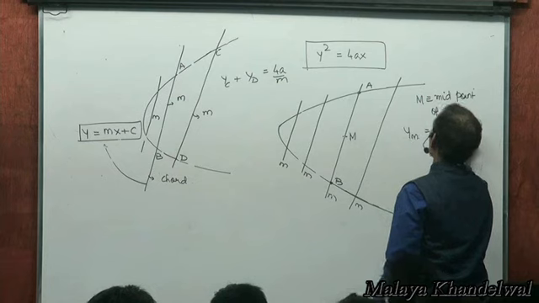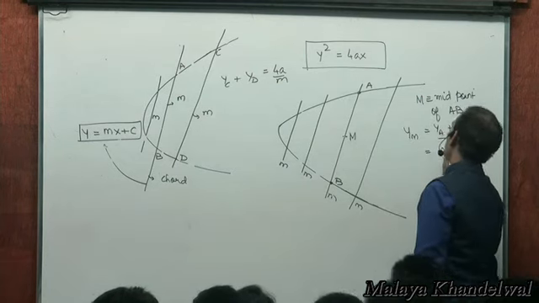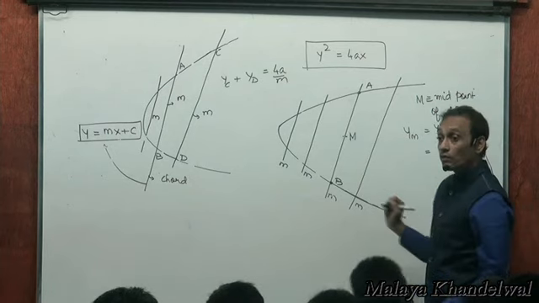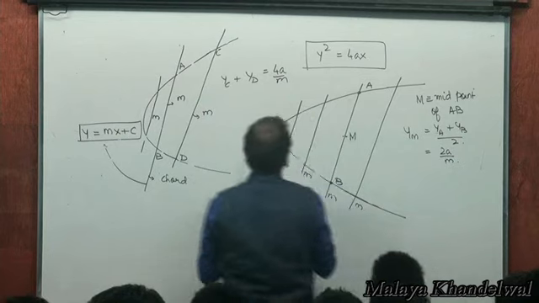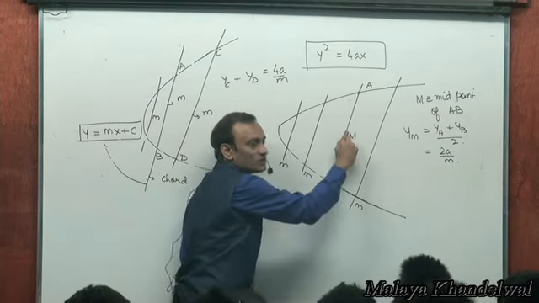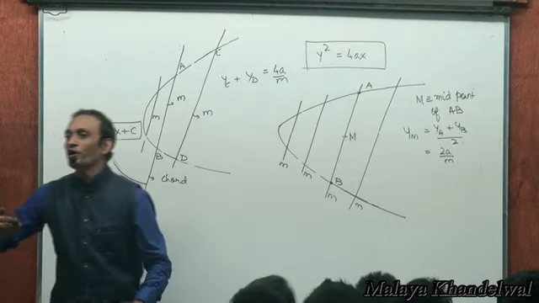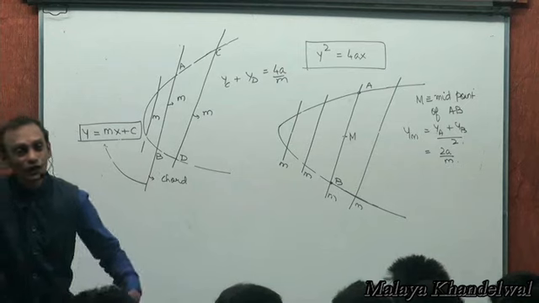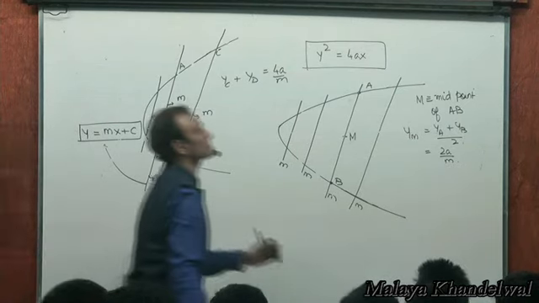Ya plus yb divided by 2, which is 2a by m, which is again the same for all the chords. That means whether I took the midpoint of this, or this, or this, the y of all the midpoints will be the same and will be 2a by m. Yes or no? Yes, sir. Right? Which means